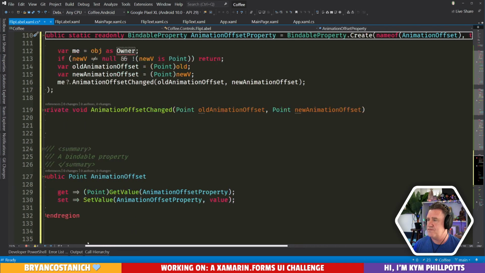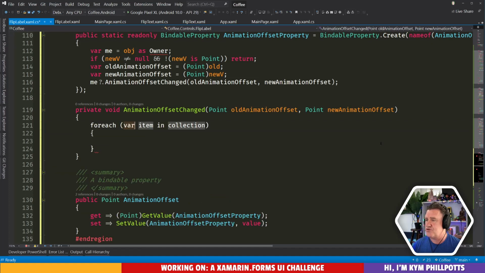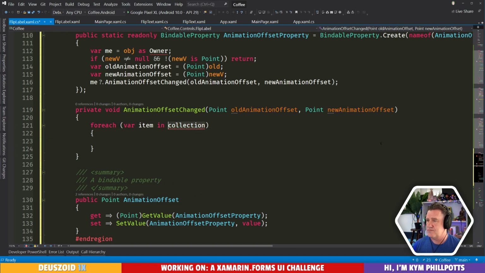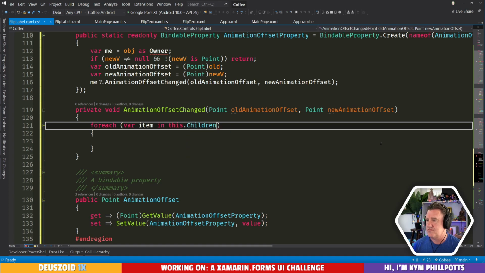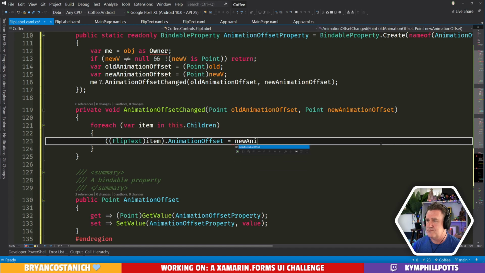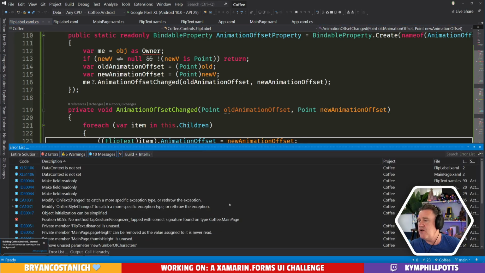Okay, flip label. Let's go for each of our children. Okay, maybe. Sometimes things don't work. Maybe not.